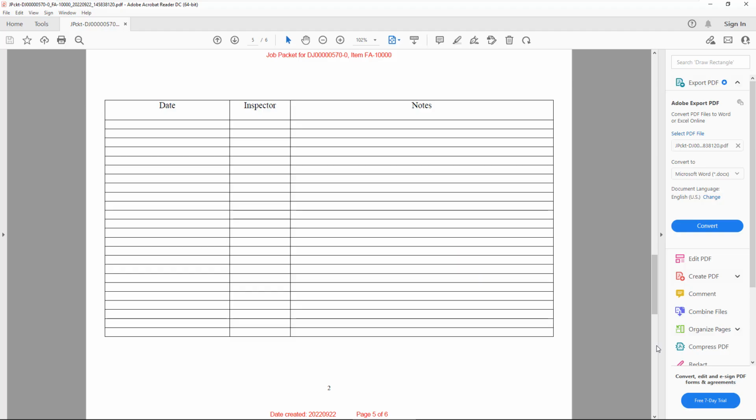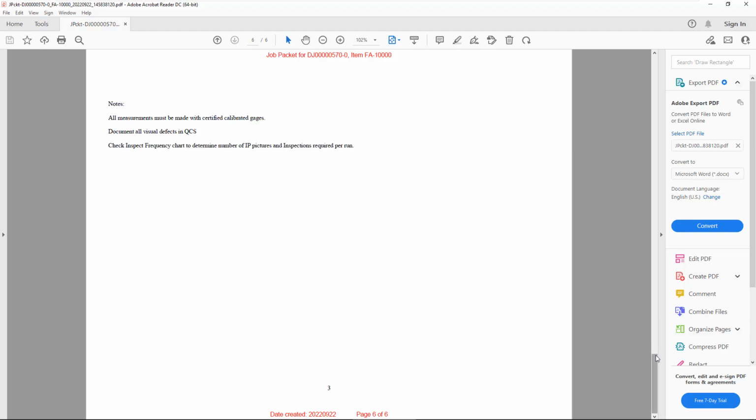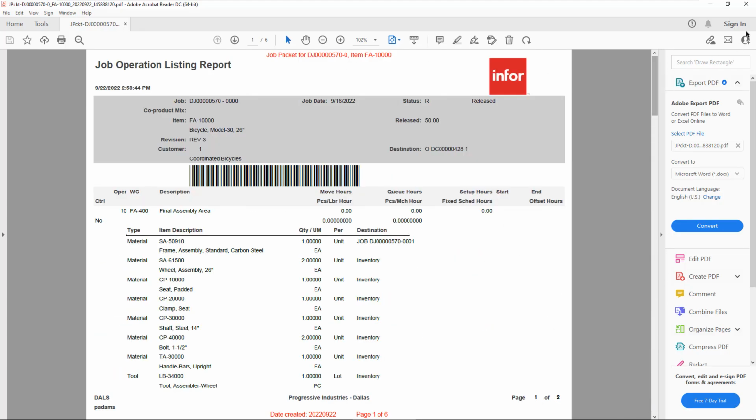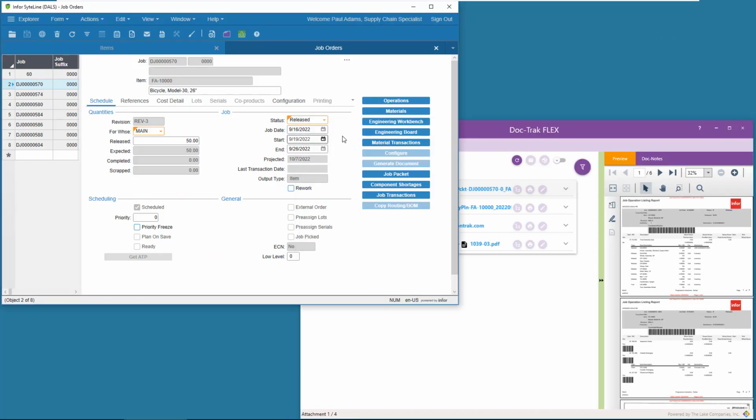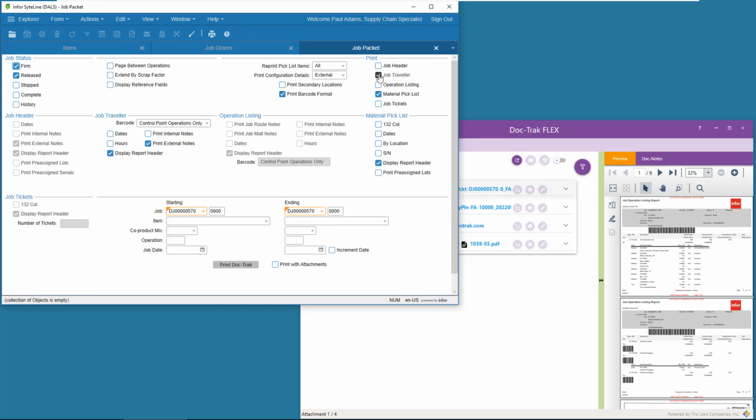Now, with this functionality, you'll want to rethink how you make copies of this report after it's generated. Prior to DocTrack, it's possible that you would just go back to the job packet form and make another copy.